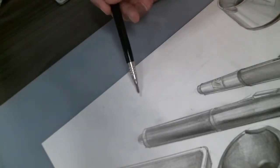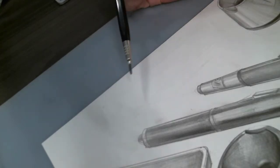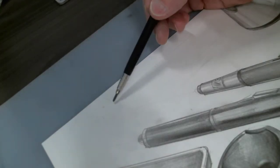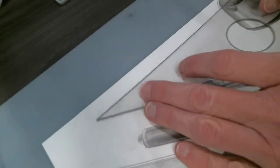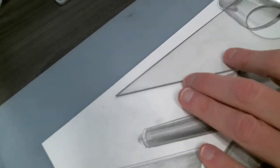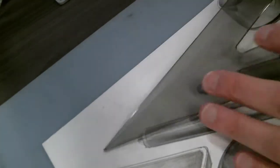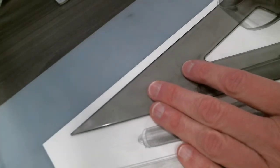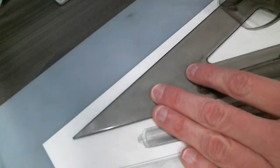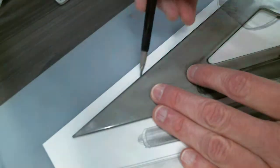Go through the setup. So far I've said I want it almost like a headline and a title for this illustration. And I've given myself a horizontal line up at the top, just using a little bit with this triangle. And again, it's just using the straight edge. You can do the same, however you want to place it, if you want to make it in perspective or that type of thing. So I'm just giving myself a line that shows that rectangle, and then a height line,